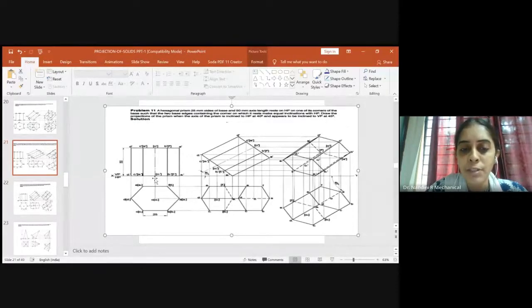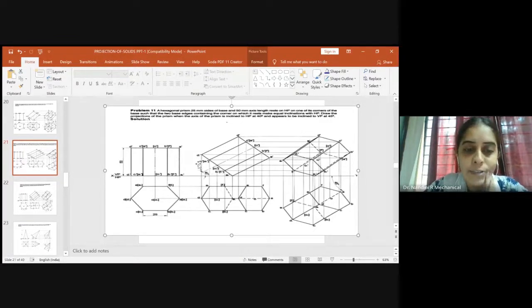So please measure the distance from O1 dash to B1 dash, how much it is, using the compass. Come here and just make a reference point on the base edge which you have constructed. Similarly, measure from O1 dash to E1 dash, what is the distance, using the compass. Come back here and make a reference point. So you got the two reference points through which you have to project the longer edges. Please give the naming accordingly.